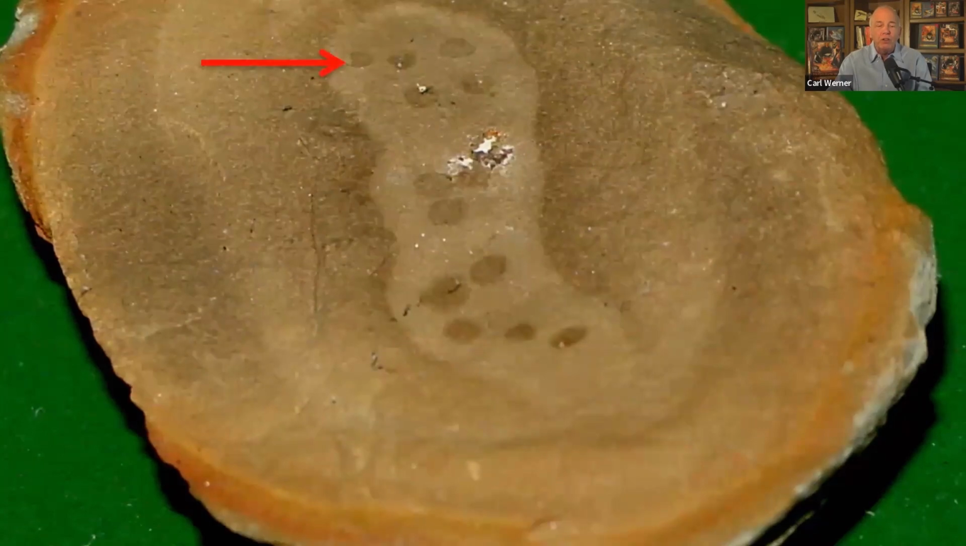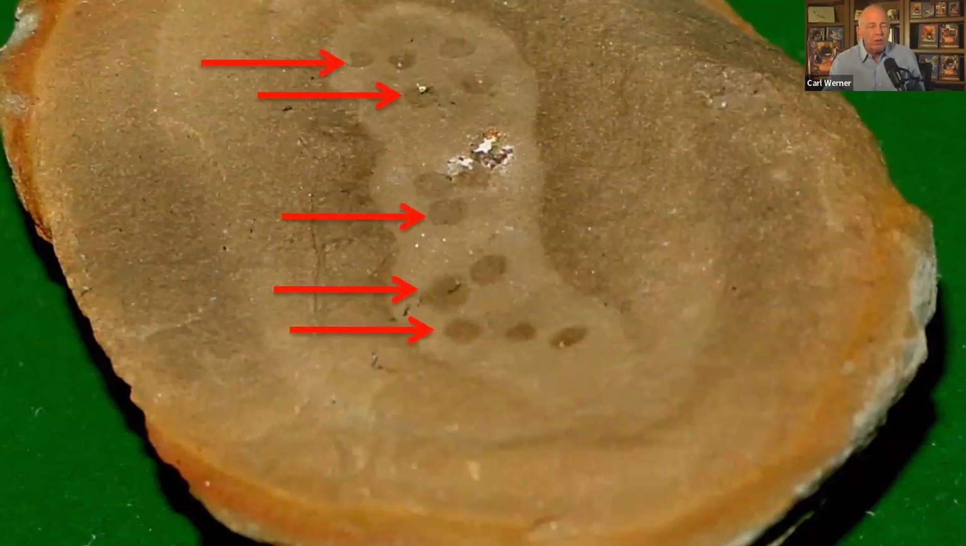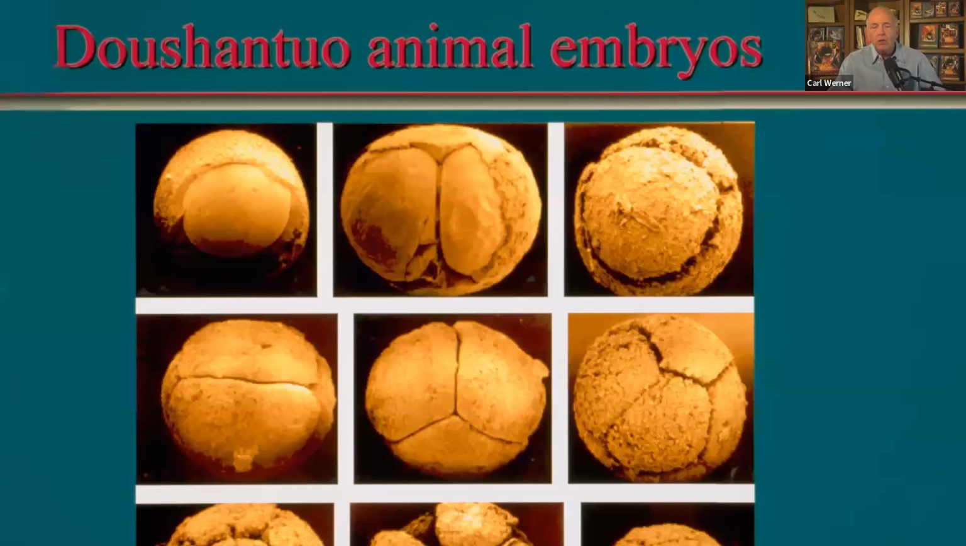We have fossil fish eggs. Now think about how hard to fossilize a fish egg would be. They're soft and small, and yet here we are with fossil fish eggs. Here are fossil animal embryos, 2-cell, 4-cell, 8-cell. These are microscopic. You couldn't see these without a microscope, and yet here we have fossil animal embryos,